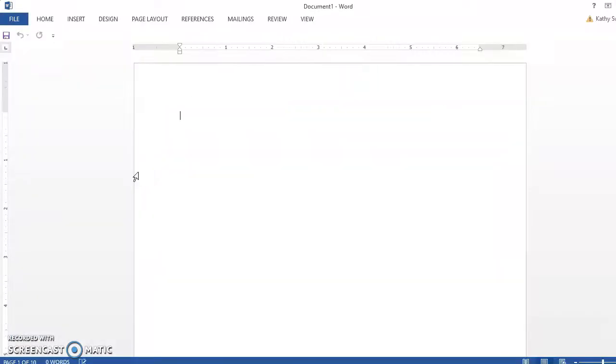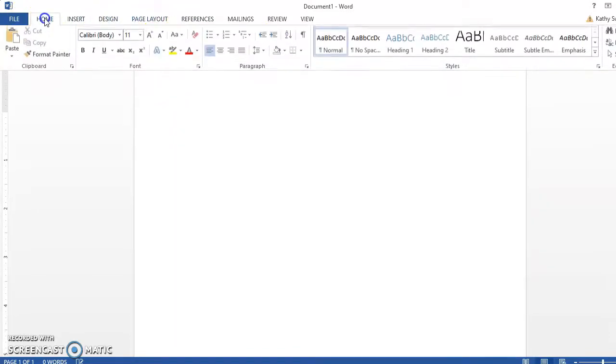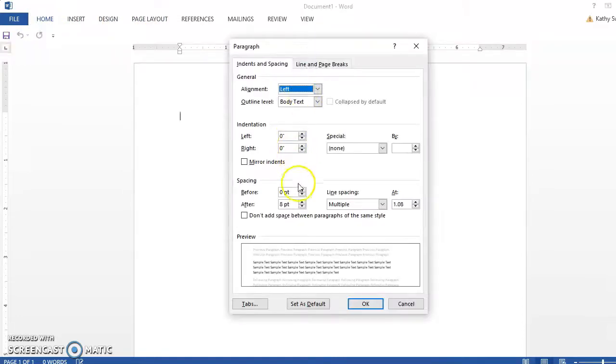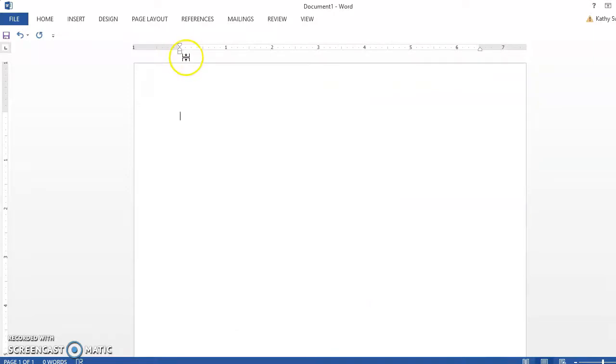And I can paste this in. Now remember that I need to double space it, so I'm going to go to Home, and I'm going to change my spacing, make sure above and below is set at 0 points, set this on double spacing, tell it OK, type my title,